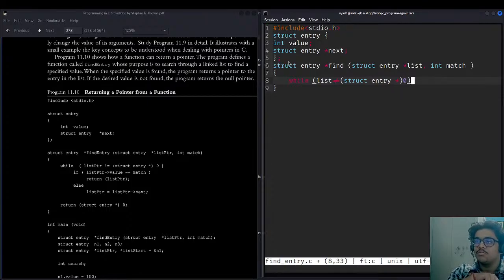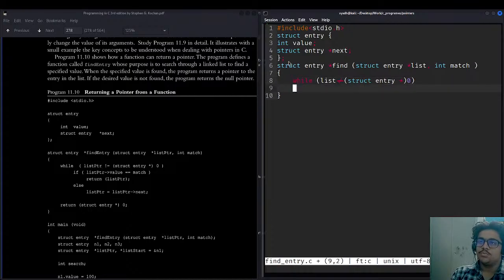So what we can do now, while loop, while we don't need anything like colon, we need to make a decision now. So if the list is equal to, or we need to check the value. So from list we want to extract the value, but list is a pointer, so we will do that same thing, pointer for pointer. Need to extract the value, and we are checking if it is equal to the match, it will be an integer, right? The value that is stored, it is an integer. So if it is matched,